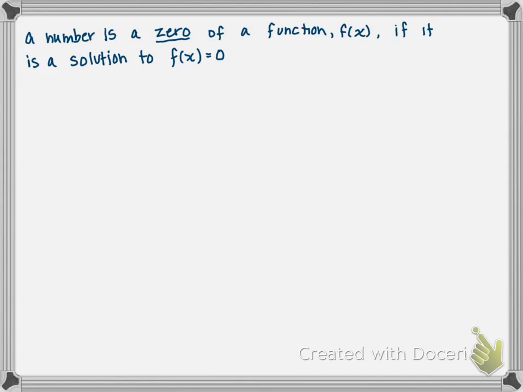So basically, we call a number a 0 of a function if when you plug that number into the function, you get an output of 0. So like,